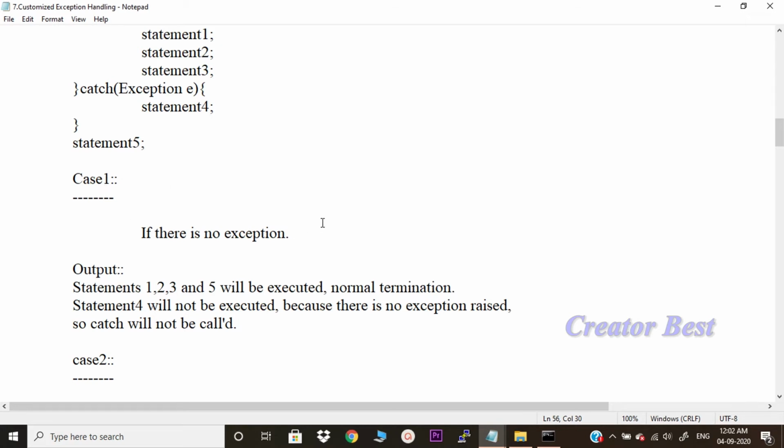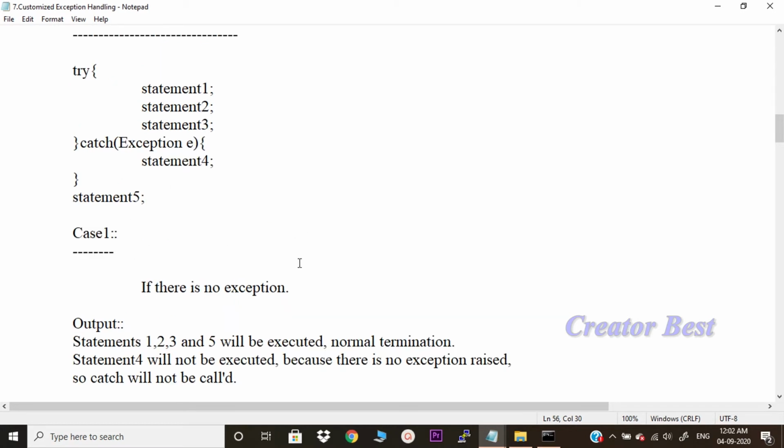If there is no exception in the above program, then all the statements would be executed except statement 4, because there is no exception in statement 1, statement 2, statement 3. Obviously, when there is no exception, catch will never be called.